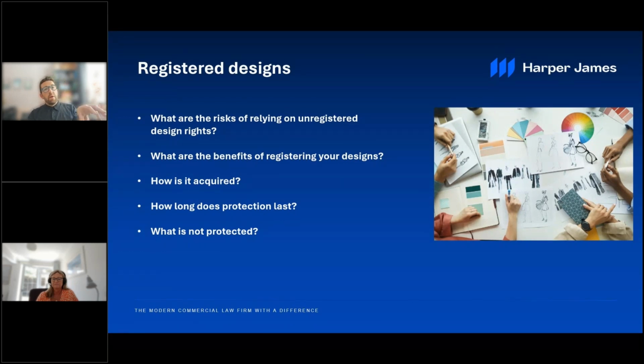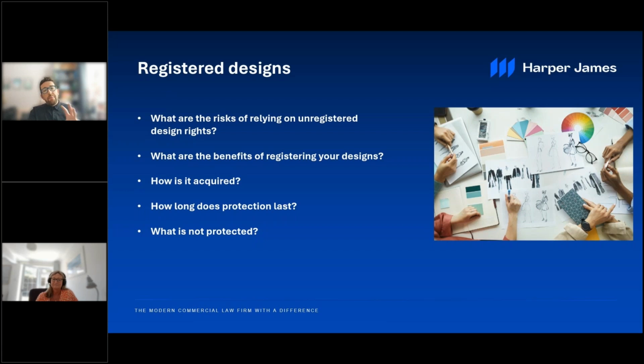That's because the UK has a 12-month grace period, but not every country, one, has a grace period, and two, if they do, they don't always have it at that same duration. So my advice, if you think something is registrable and you think it's worth registering, then file it before you disclose it. Use that grace period as a backup for designs that slip through the net, either because you've maybe just forgotten about it, which happens, or because you've launched something not expecting it to be particularly popular, but actually it's been a real success. And then you go, okay, right, maybe we should secure some protection